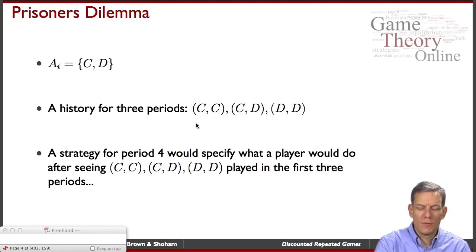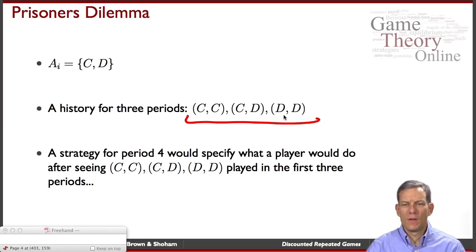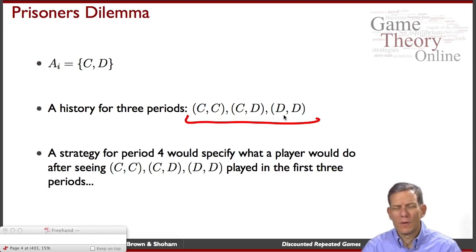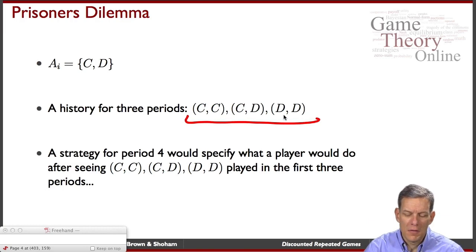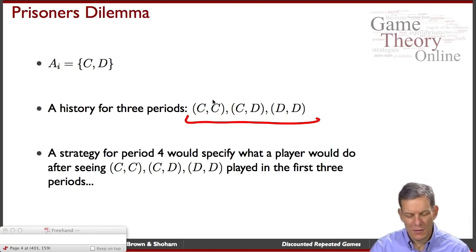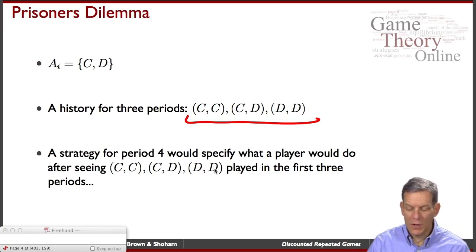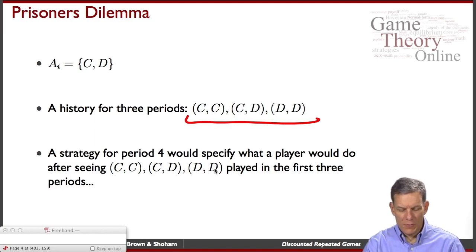So if we're thinking about a history of length 3, one possibility would be the following. Both cooperated in the first period, maybe player 2 defected in the second period, and then both of them defected in the third period. So that would be a possible history. And then they could say, okay, now what are we going to do in the fourth period? Maybe we'll let bygones be bygones and try to get back to cooperation. Maybe we'll just defect. We're angry at each other. Who knows? So a strategy for the fourth period would be what you do after you've seen different histories of the